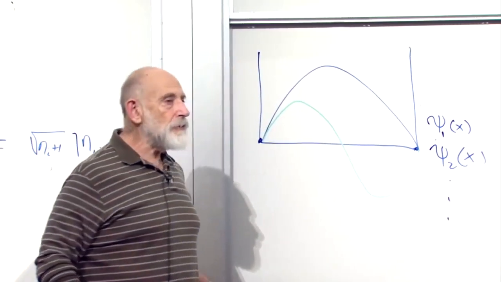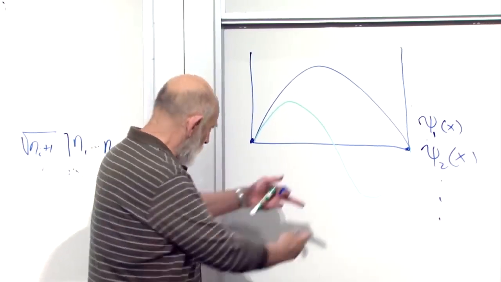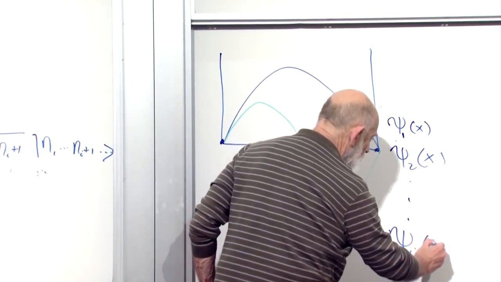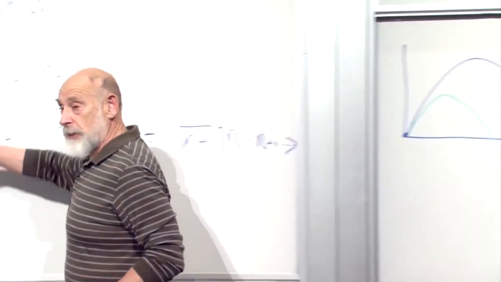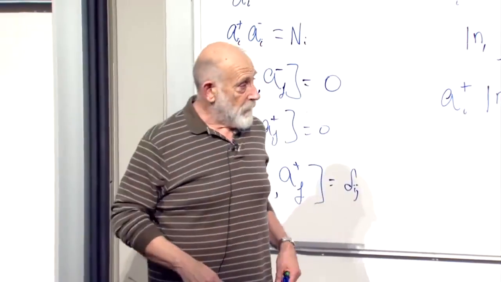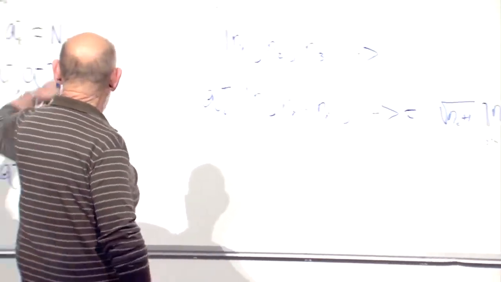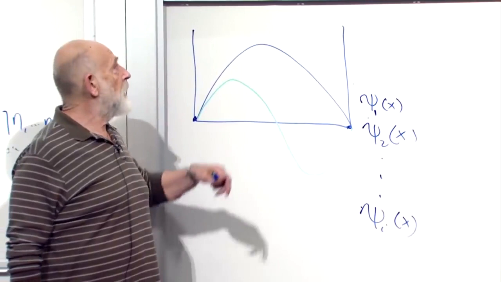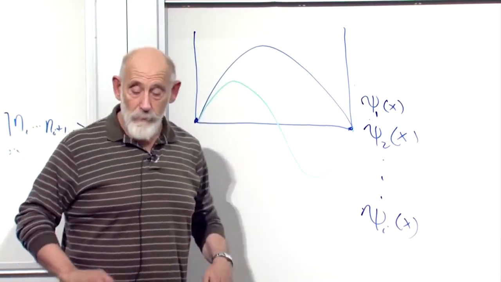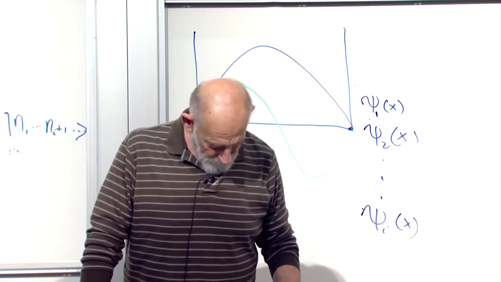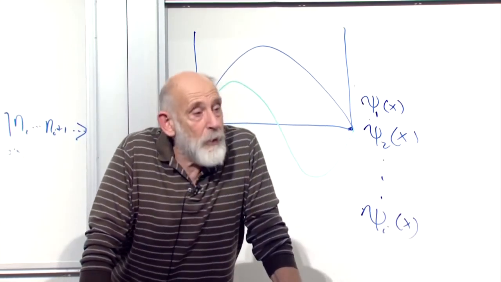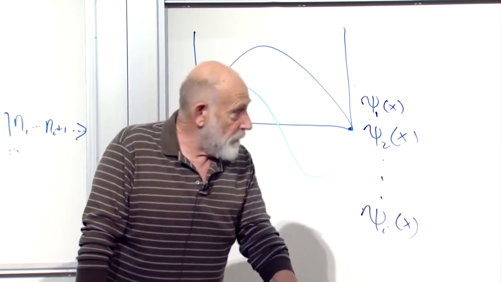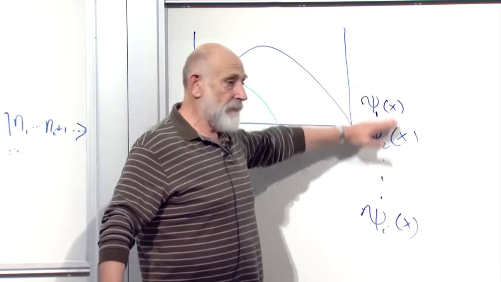Now the 1s and the 2s here do not represent, go down the line, psi i of x. Now this i will be the same as this i eventually, but at the moment, they're two different things. In this case, it's labeling oscillators. In this case, it's labeling state vectors of one particle in a box, just one particle. Each one has an energy. I won't write down what the energy is, other than to remind you that each of these wave functions does have an energy.